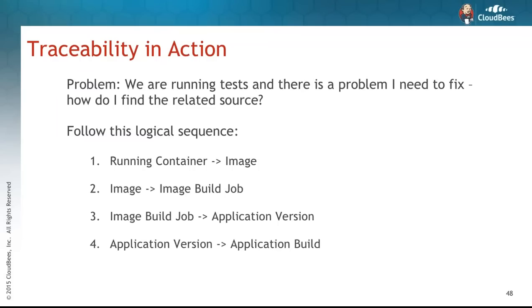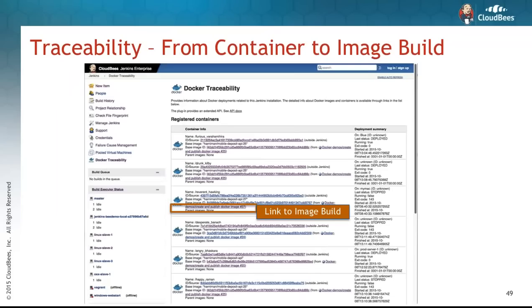You've got 5 different steps here in this logical sequence. You're going to check your running container. From that, you link yourself to the image, get to the actual job that built that image, check the application version, the build, and then the source. I'll show you that in a series of images from container to image build. First, we're going to find our link to our image build,